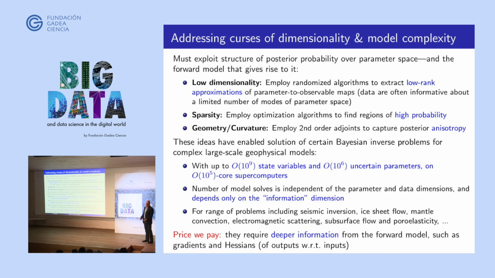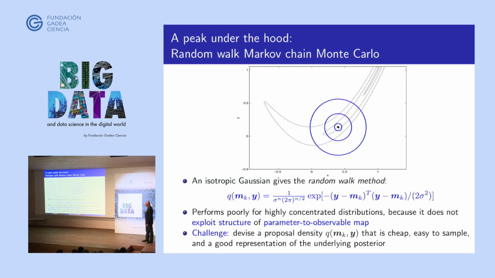So this doesn't play well with the modern view of these large community codes that have been developed over decades without this sort of thinking involved. So there has to be a big cultural change in order to get the large community codes and other legacy codes to embed them with gradient and Hessian information. So everything that we've done, we have to write our own forward codes. There's just forward codes, and we embed them with adjoints. There's just no alternative.